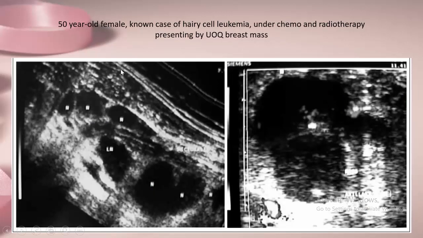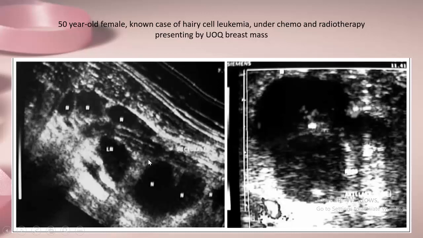Another case, a 50-year-old female known to have hairy cell leukemia, who came after some time with a breast mass. This is the multiple lymph node affection. Here, deep to the pectoralis major, lymph nodes are affected, and we have more deeper lymph nodes affected here. This is the pectoralis major